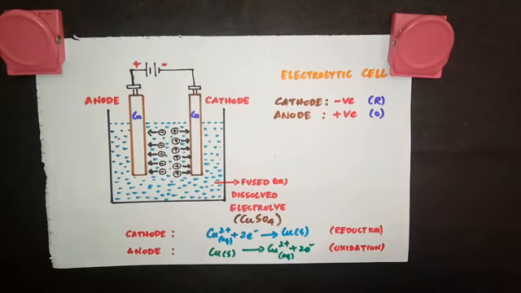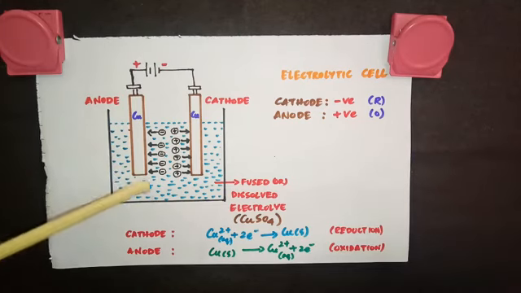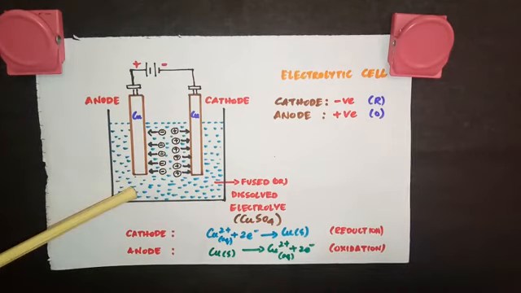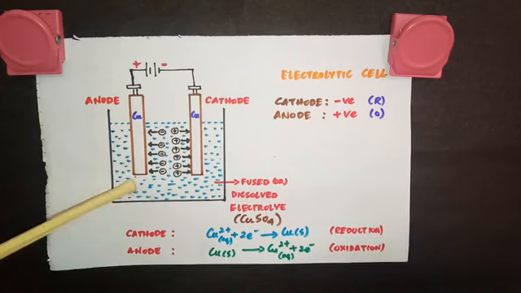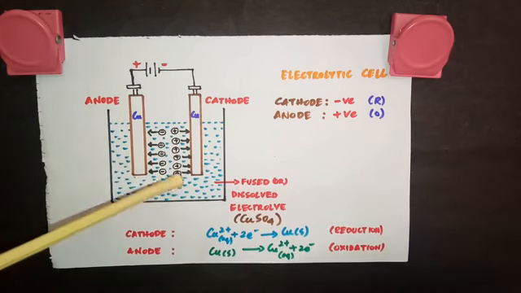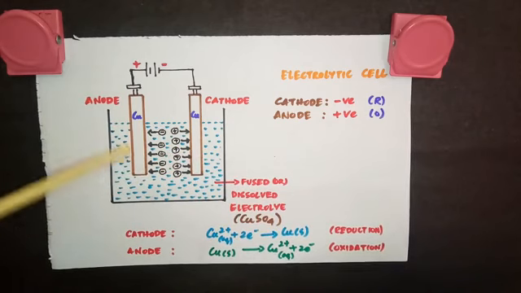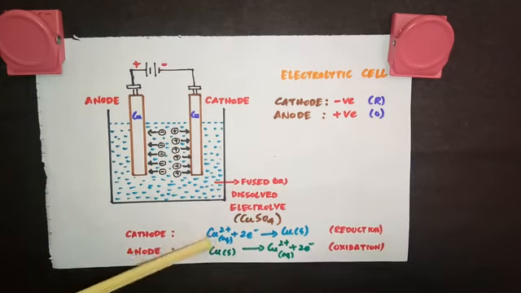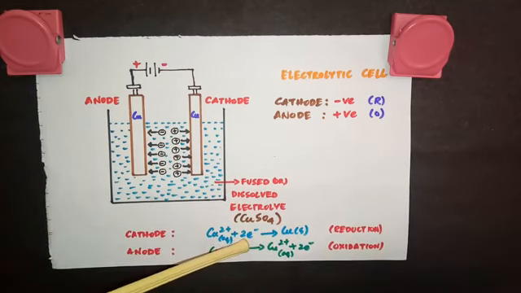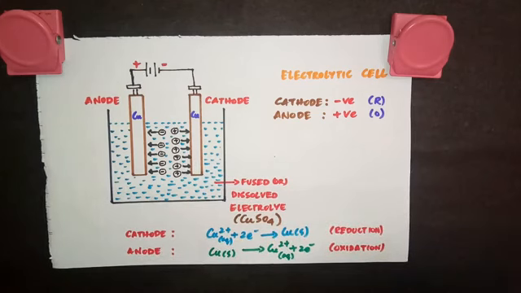After moving to the respective electrodes, the ions get rid of their charge and change into neutral species. So some substance is liberated or deposited at the electrodes. Since we are taking copper sulfate solution here, you have Cu2+ ions and SO4 2- ions. So Cu2+ ions will go to the cathode and SO4 2- ions will be attracted towards the anode. The Cu2+ ion, which is attracted to the cathode, will take 2 electrons and will be converted into Cu, which means Cu2+ is reduced to Cu. So copper gets deposited around the cathode.